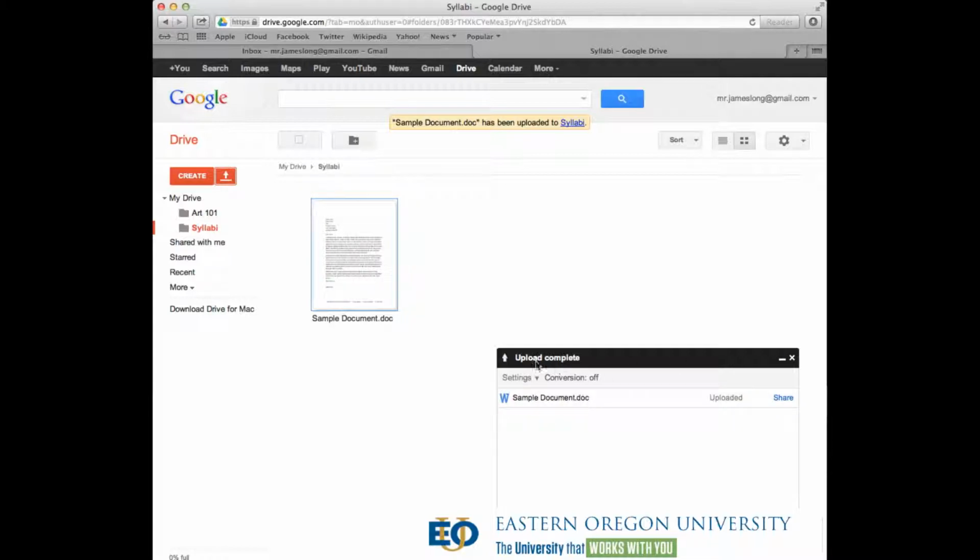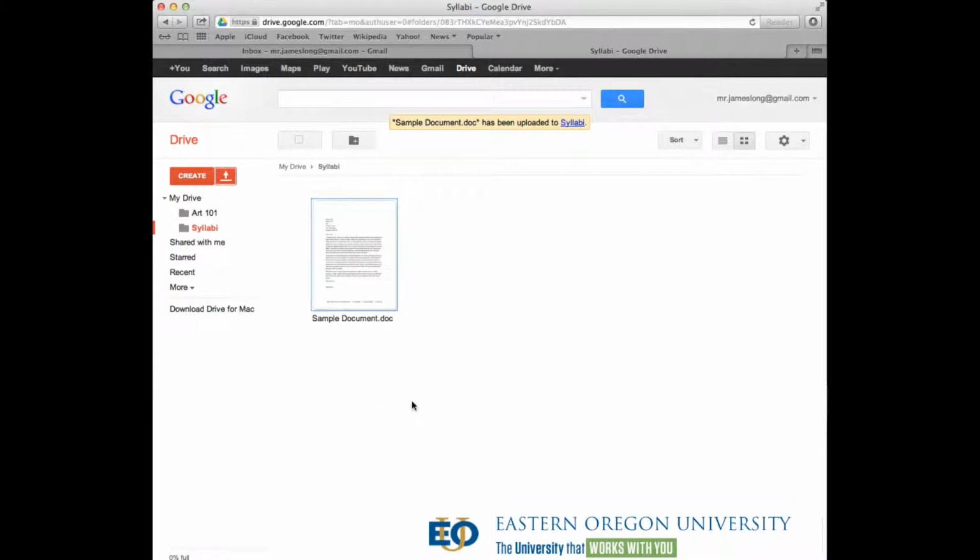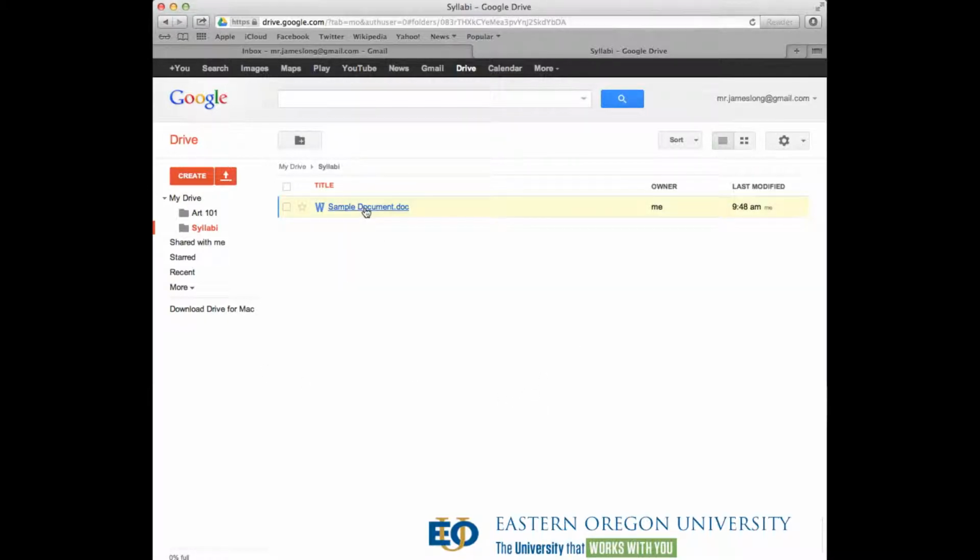I'm going to go ahead and close this upload complete window down, and there's my folder, and there's my file, sitting in my Syllabi folder. So I'm going to go ahead and switch this back to list view for now, just because that's what I'm more familiar with. If I want to move, for any reason, this sample document,